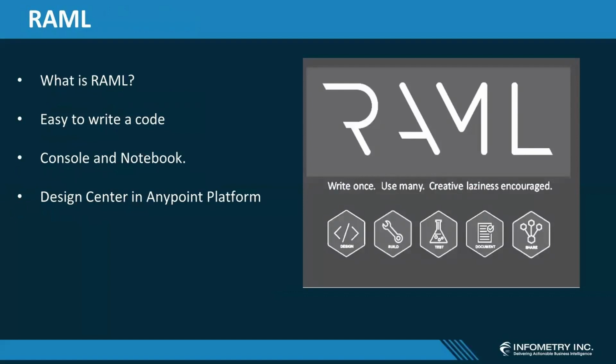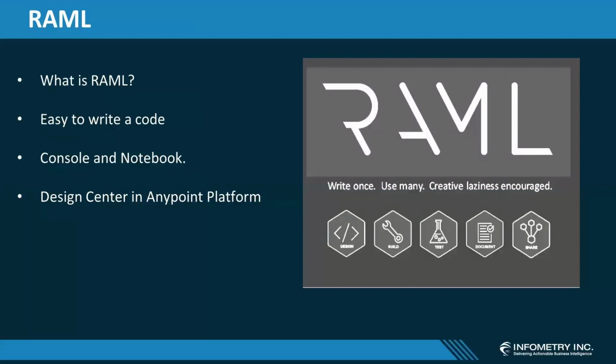What is the request format? What is the response format? How does your URL look? What are the query params, the URI params, and the headers? Basically, these kinds of things we will get from the RAML that we're going to design. All of these things we can define in RAML, and it will automatically generate the documentation and description of